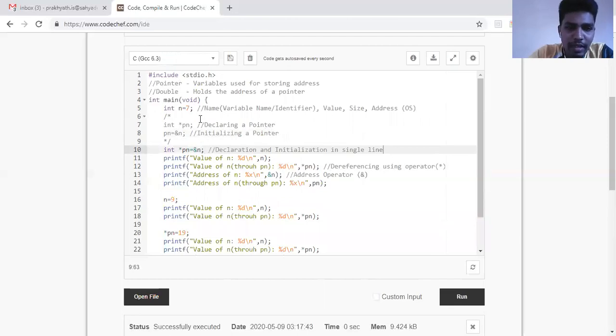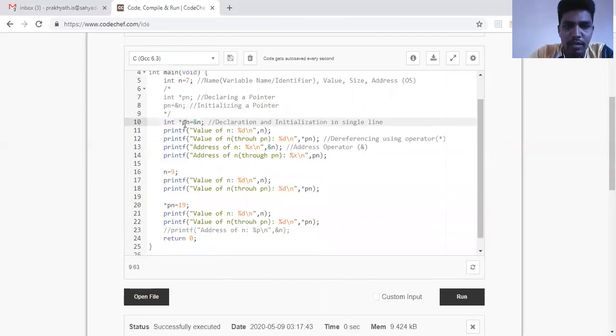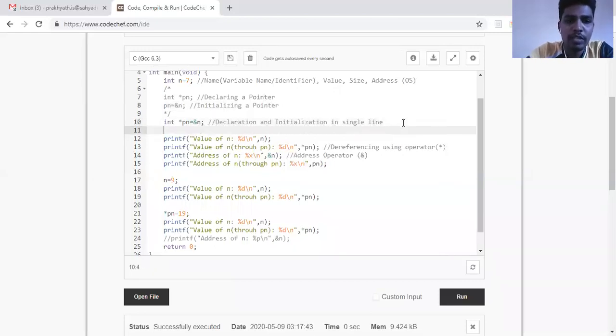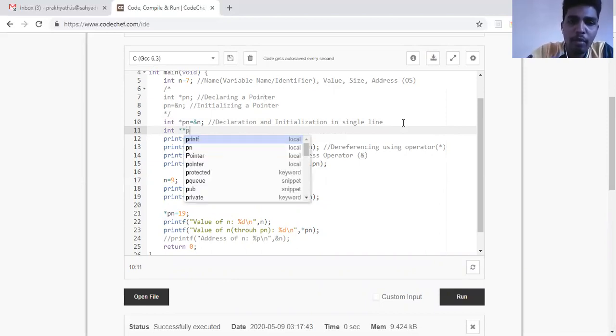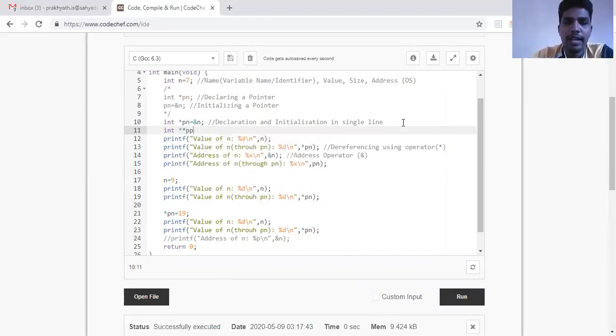You can see here the pointer variable is pn. As I said, the double pointer is made to hold the address of pn. So how do we declare a double pointer? Since it is a double pointer, I need to use the star operator 2 times. I'll write **ppn = &pn.